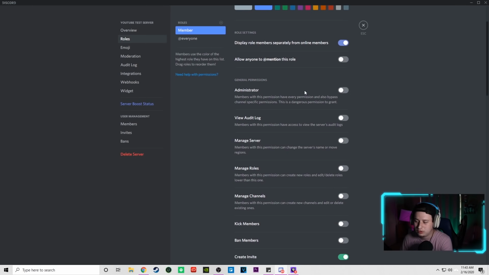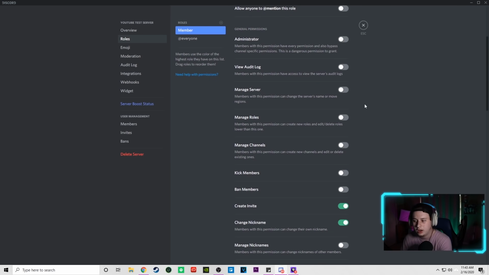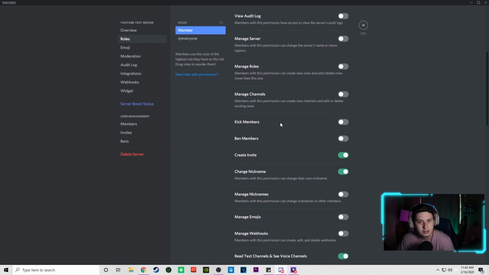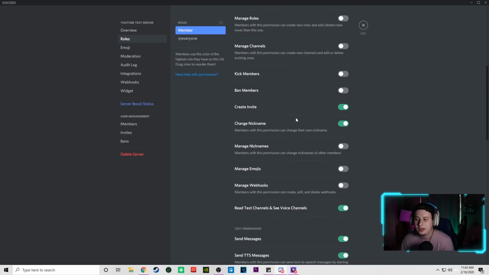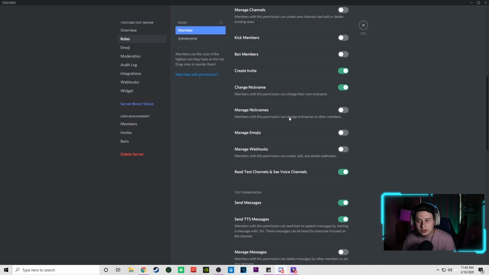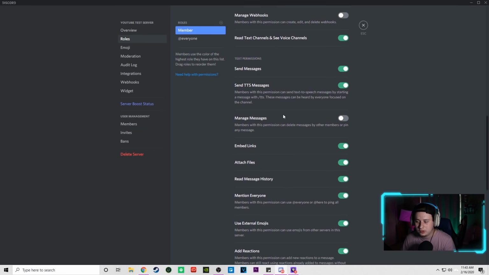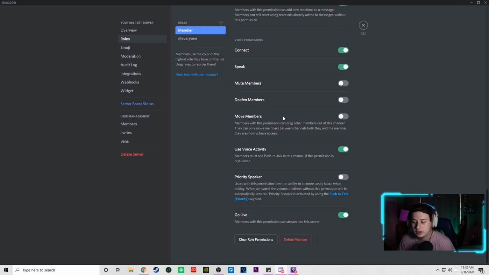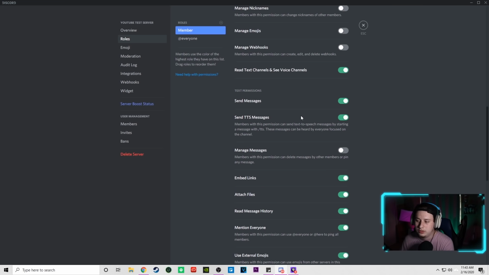Right here is administrator rights. We're not going to give them any administrator rights. We don't want them to view the audit log. We don't want them to do really anything. This is just a basic role that just says, hey, thank you for joining the server. Here's a special role you can have. It's just saying you're a member of the server. So we're actually going to keep all of these permissions under this member role as default, because it's just a basic role. We don't want them to